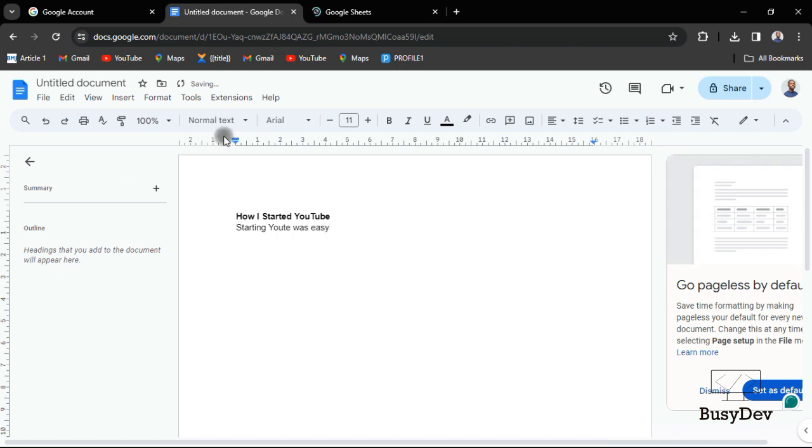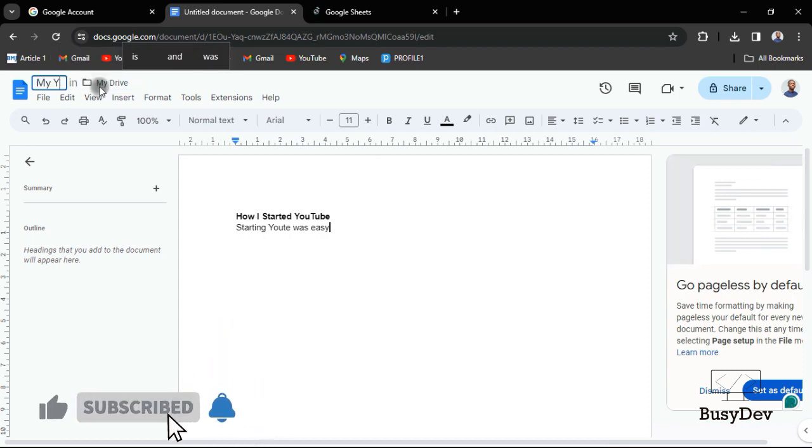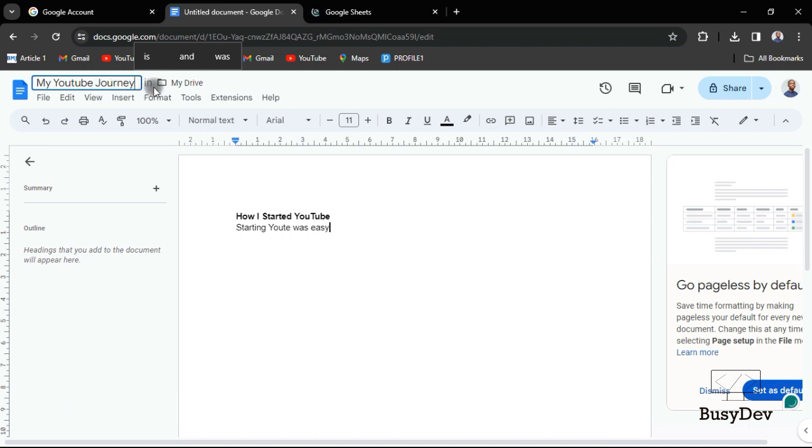And then here you can even change the title of the document. So I'm going to change the title to my YouTube journey. You just click on the enter key and then it is saved. You don't have to click on Control S or anything. Okay, another cool thing about this one is that when you want to collaborate with others, click on the share